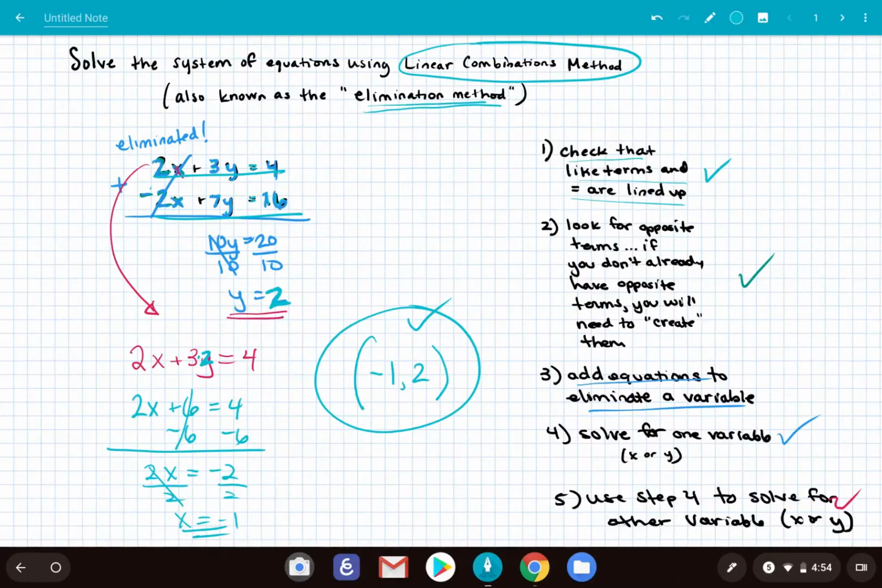Let's look through the steps again. We're going to check that ours are lined up. Then we're going to check to see if we have opposite terms. If we don't have opposite terms, we're going to have to create them, and I'll show you how to do that. Once we have opposite terms, we're going to add the equations to eliminate a variable, solve for that variable,